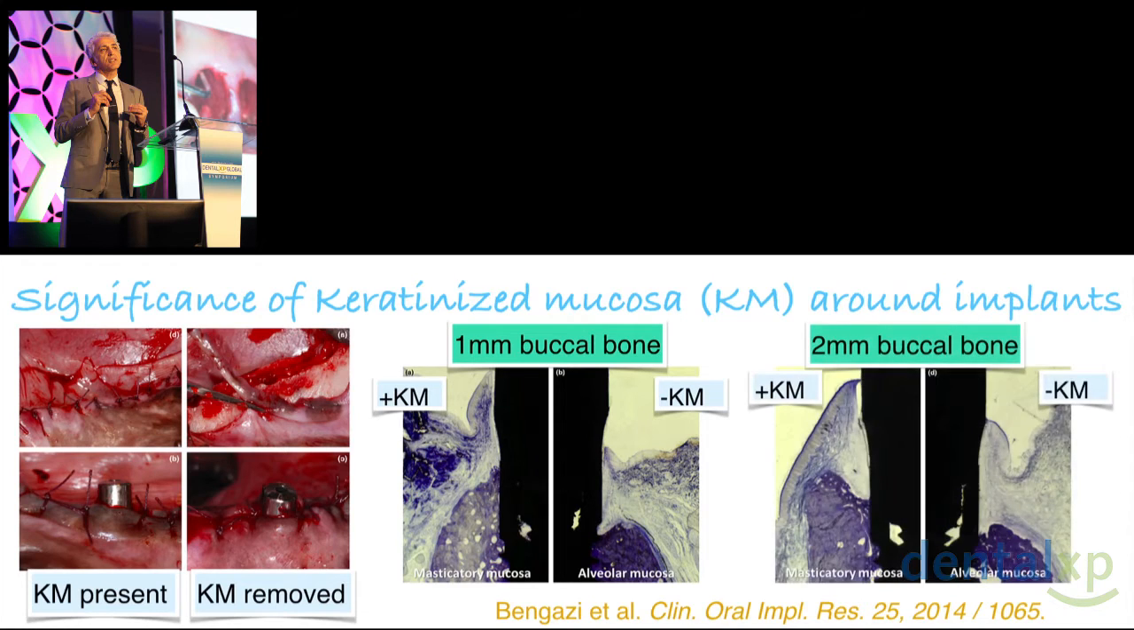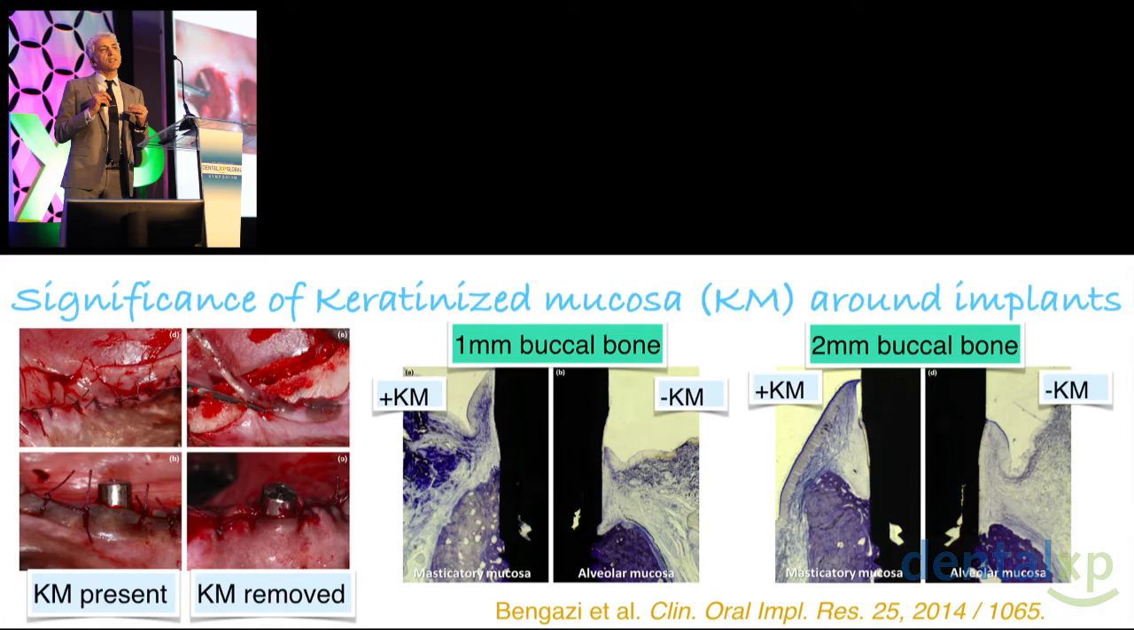Well, they looked at cases that had very thick buccal bone of at least 2 millimeters. They found that even sites that had 2 millimeters of buccal bone also underwent crestal bone resorption when the keratinized mucosa was missing. So my dear colleagues, you can realize that mucosa is not only important for aesthetics, mucosa is also important for